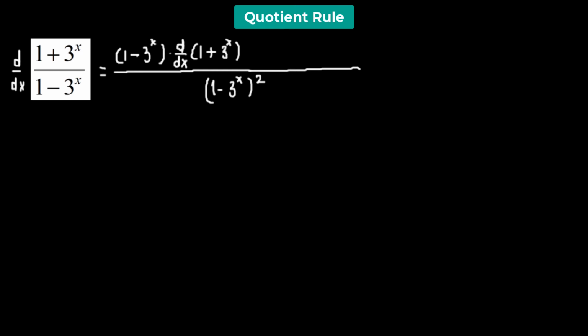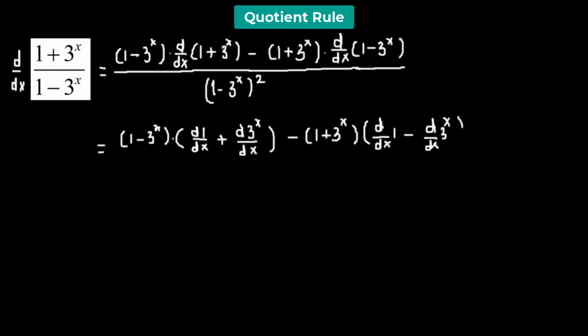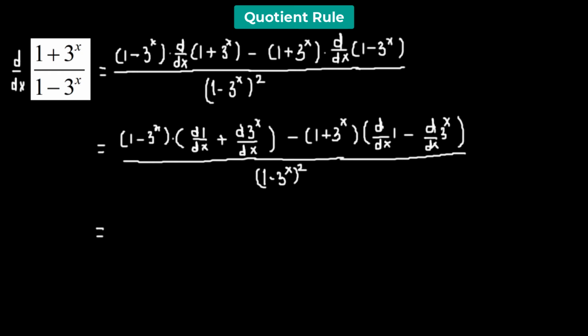which is 1 plus 3 raised to the power of x, minus the function in the numerator, which is 1 plus 3 raised to the power of x times the derivative of 1 minus 3 raised to the power of x, which gives us 1 minus 3 raised to the power of x times derivative of 1 with respect to x plus derivative of 3 raised to the power of x with respect to x, minus 1 plus 3 raised to the power of x, so we have derivative of 1 with respect to x minus derivative of 3 raised to the power of x with respect to x, divided by 1 minus 3 raised to the power of x whole squared,